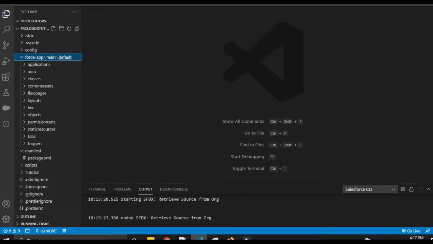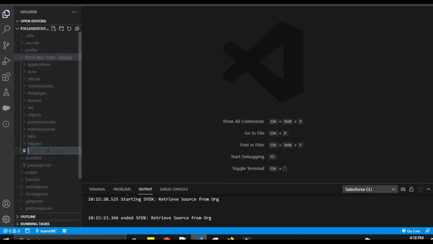In VS Code we are going to create a Lightning message channel. You can go to this root folder, force-app, main, default, and here you can create a new file. For now I'll name this file VA page message, and this is the standard naming convention.